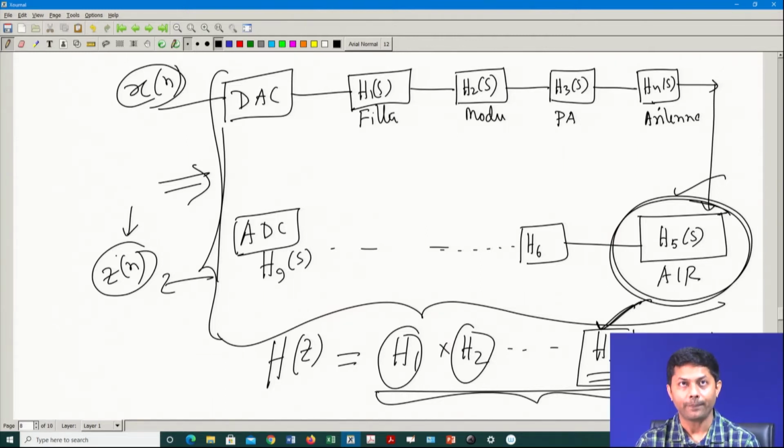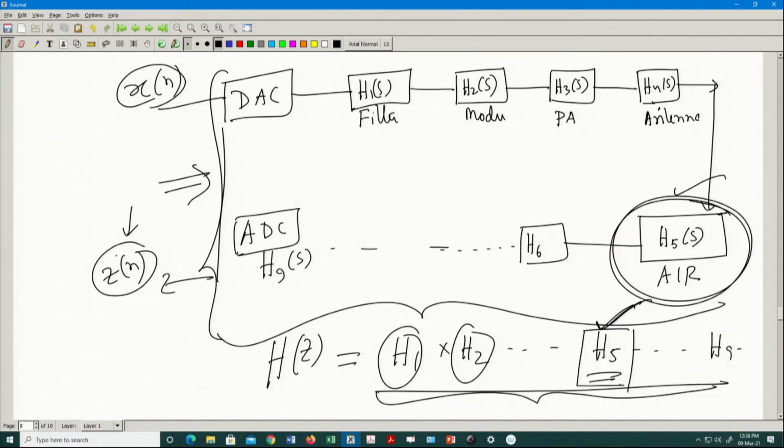I can think of it that way. You have multiple such filters, maybe 5, maybe 10, it does not matter, it depends on the components, and each and every component you can model as a filter, and that whole thing combined will act as a channel. And one of the components is the RF, and this is where our interest is.